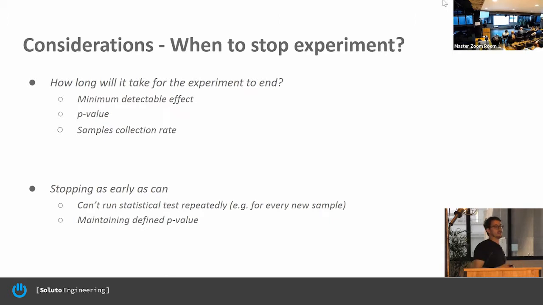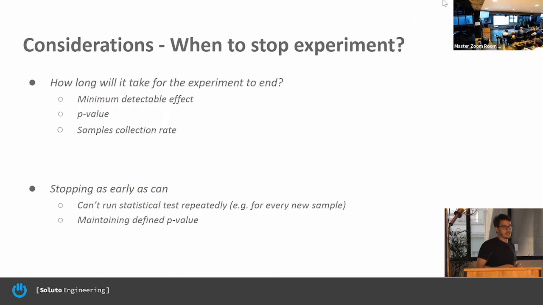All right, so the next consideration we had: how long will it take for an experiment to end? Sitting with product, for example, we thought about resolution rate. Resolution is the question, was your issue resolved? Yes, no. Resolution rate is the percentage of sessions that are resolved. For this one, let's say we are currently at 70%. We are considering what would be the minimum detectable effect we want. So we asked the product, what do we want to be able to detect? Starting from, all right, let's be able to detect very small changes. If 70 changed to 70.001, I want to be able to detect it.